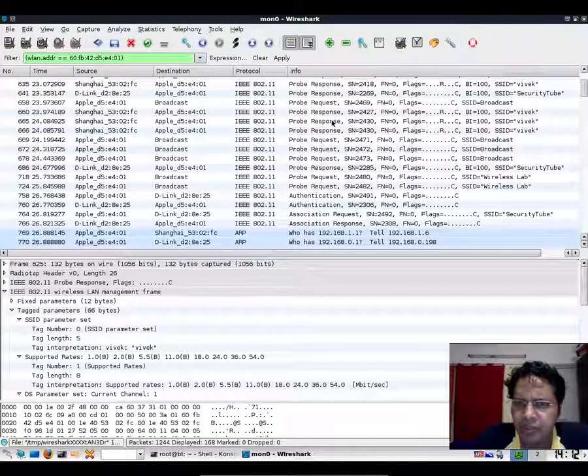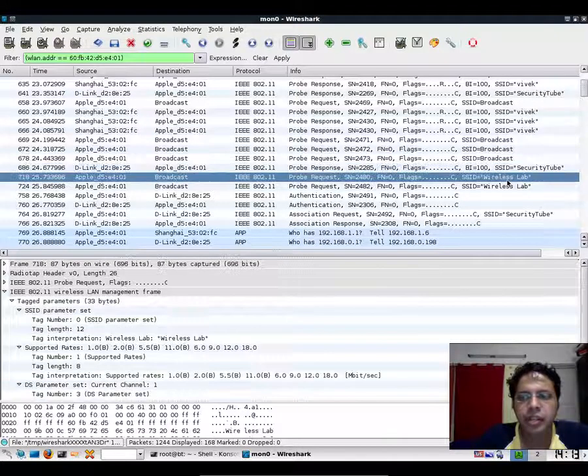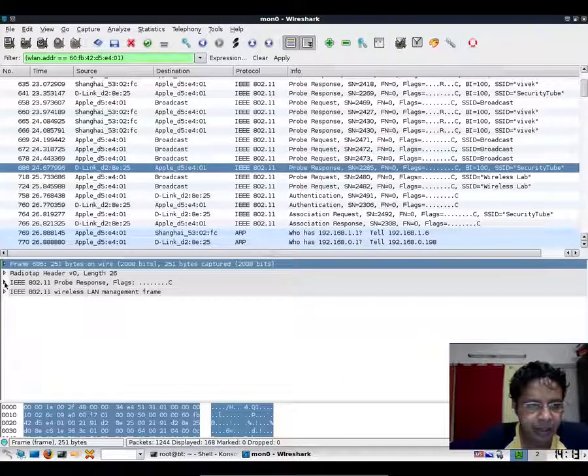What typically happens is that at some point the client receives a probe response, like in this case. If you notice, the client is also sending probe requests for other networks like wireless lab, etc. Let's not worry about that right now. These are actually networks which are cached in the client, and what the client may have connected to previously. Anyway, so the security tube access point, which is a D-Link access point, responds to the probe request with a probe response. Now from this point on, let's concentrate more on the access point and the client exchange, and let's go ahead and remove all the other data.